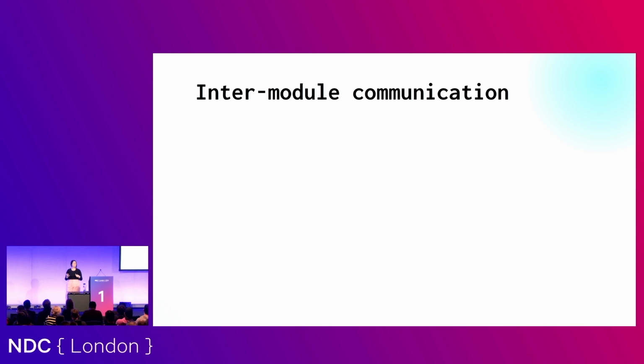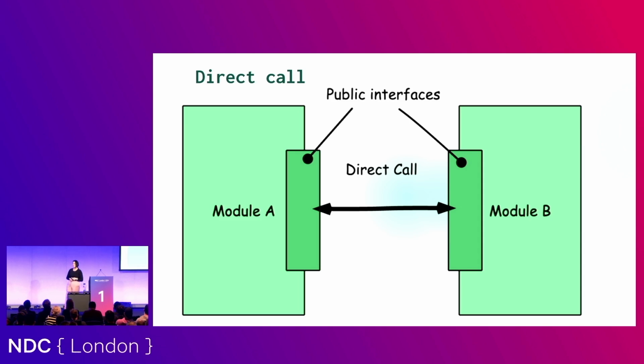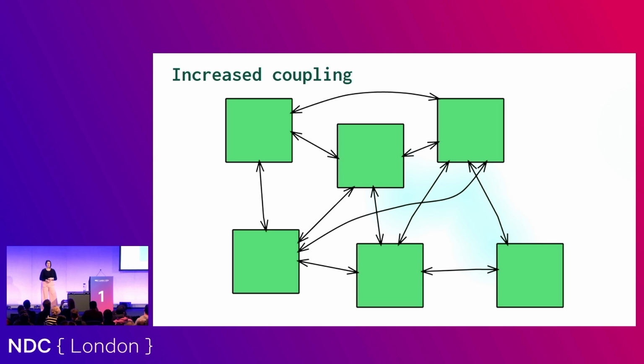So how do we do the intermodule communication? If we have module A and module B, are we going to do this direct call? We've got some kind of public interface for them to chat to each other, possibly in that contracts folder or something like that. That seems kind of feasible, yeah? That's what you're going to end up with? Do we like the look of that?